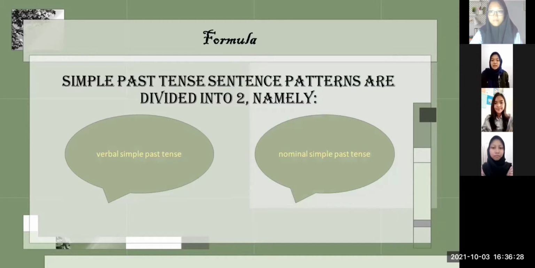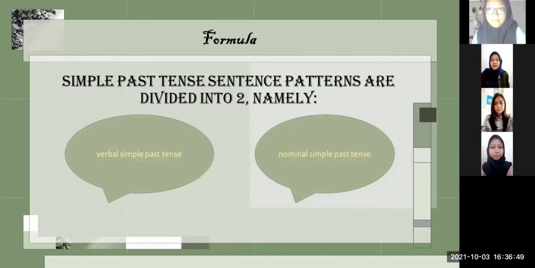Example of nominal simple past tense. We were flattered today. He was not happy because of me. Were you at this house? Were you at the house? Next will be